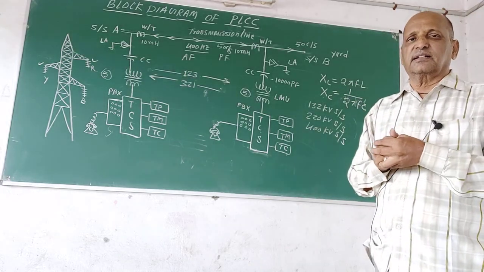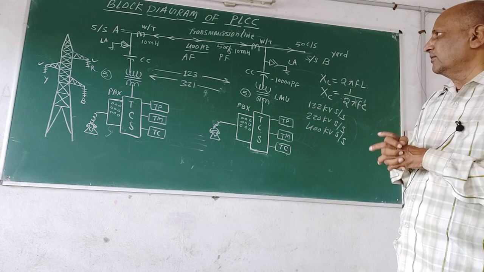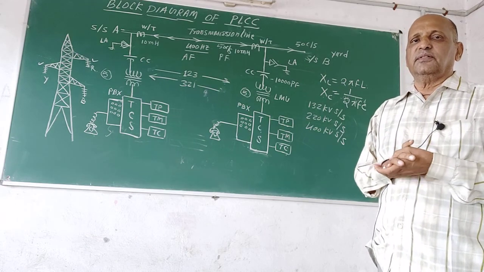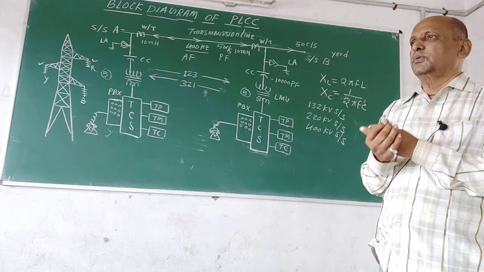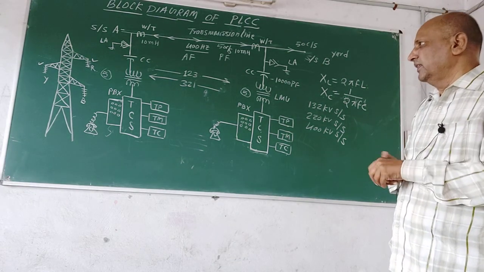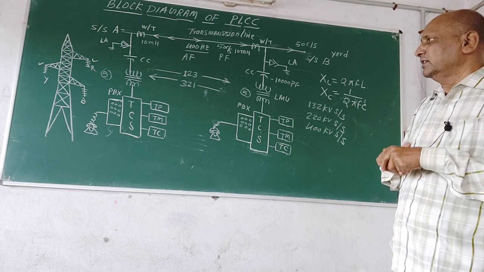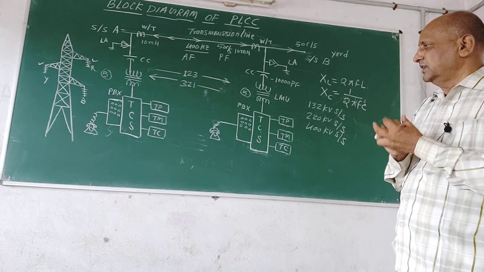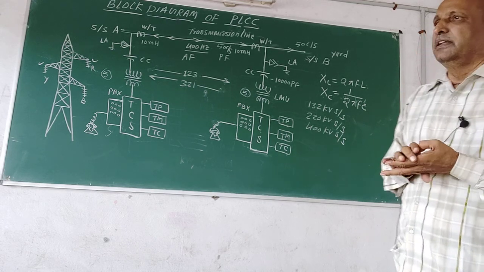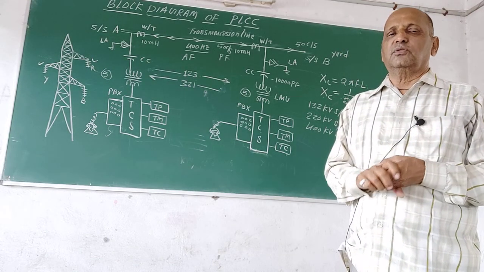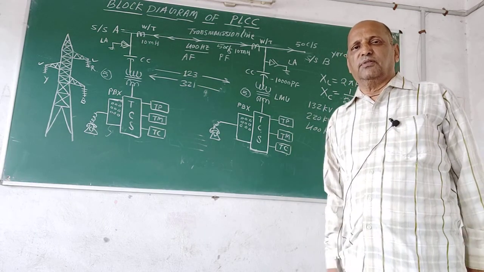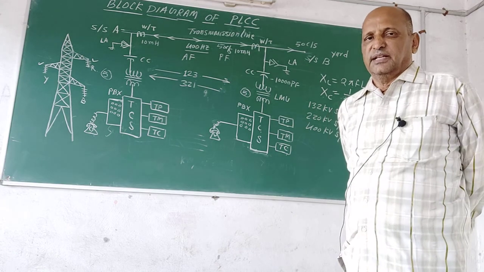Then the communication network equipment are there. There are trunk call selectors to dial the number from one substation to another substation. Then there is a PBX unit, used for connecting the number of people working at substations A and B by giving their individual numbers. Then there is a teleprotection unit. This protects the total system from any type of fault in the system. Then there is a telemeter unit. The telemetering unit counts the number of times you have talked between the two substations, which is necessary for the calculation of revenue.